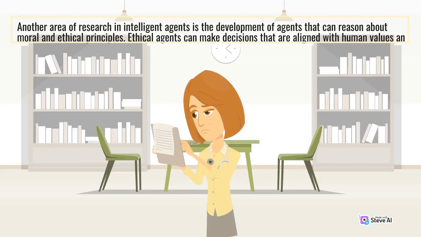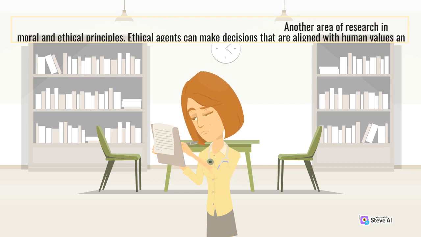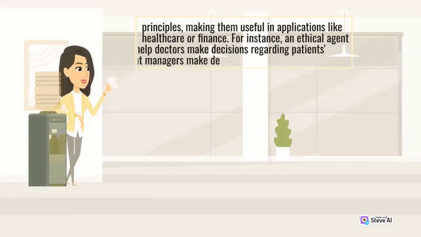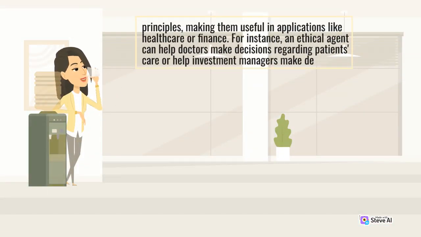Another area of research in intelligent agents is the development of agents that can reason about moral and ethical principles. Ethical agents can make decisions that are aligned with human values and principles, making them useful in applications like healthcare or finance. For instance, an ethical agent can help doctors make decisions regarding patients' care or help investment managers make